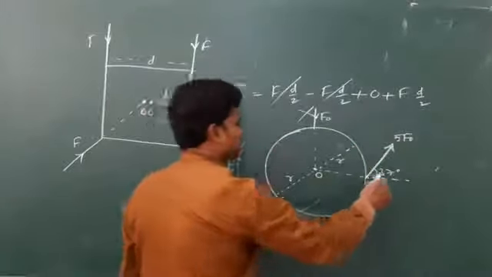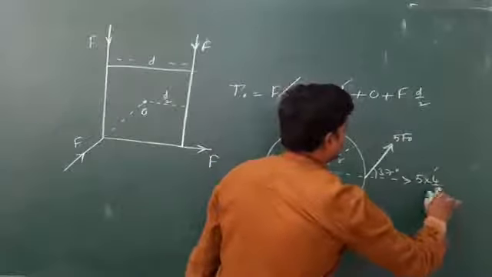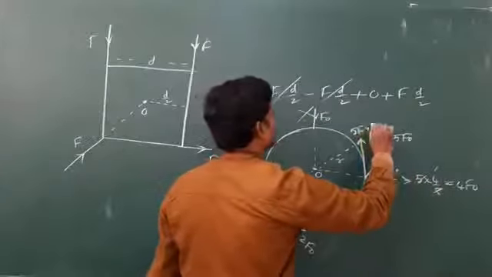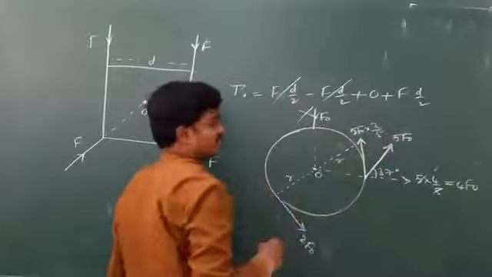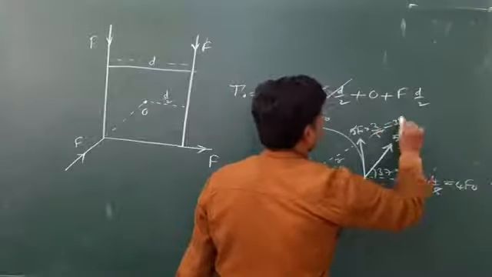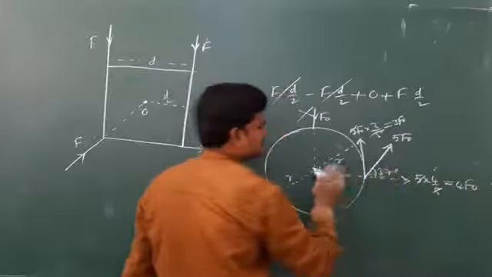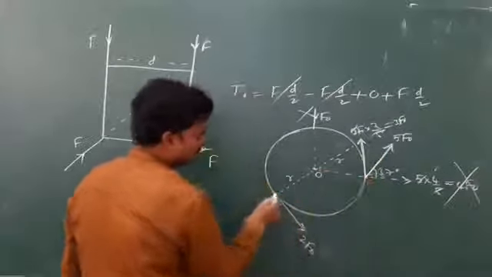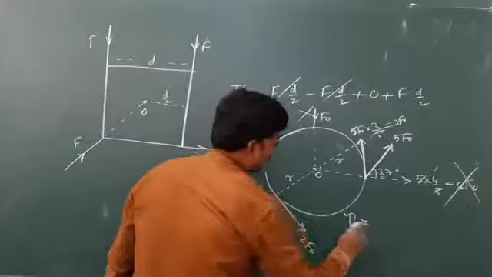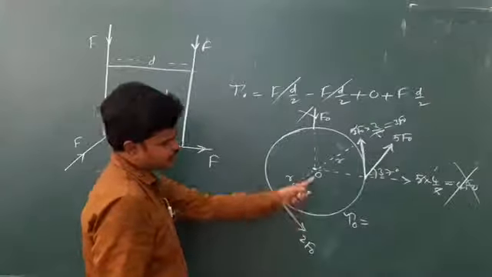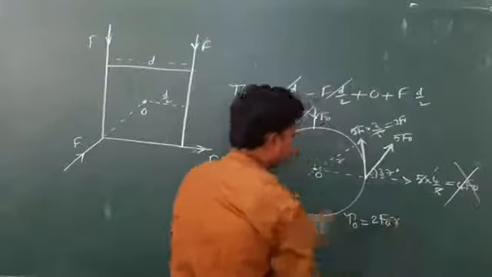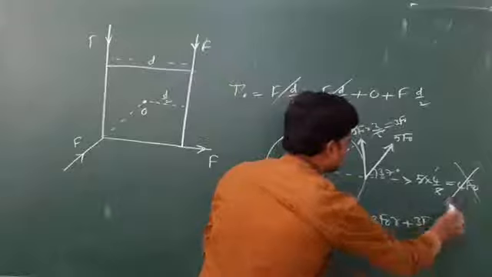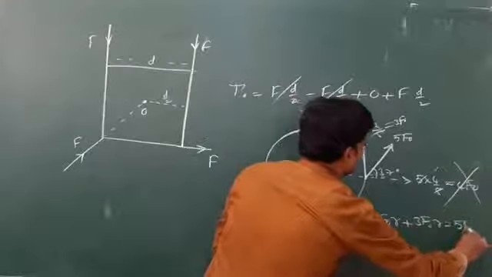And this you resolve into two components. This is 5 into 4 by 5, so 4F naught. And this is 5F naught into 3 by 5. I am using the 37 degrees triangle. 5 cancelled, 3F naught. So this force does not create any torque. Only 3F naught is creating a torque. For this one, now see torque about O. 2F naught, arrow tip, O is left, positive. So 2F naught into R. And this is left, so this is also positive, 3F naught into R. Total 5F naught R.